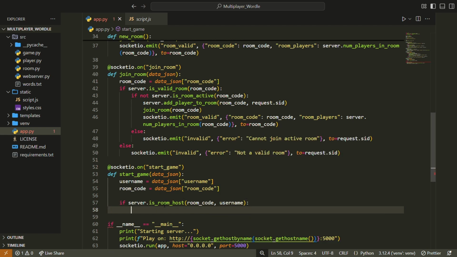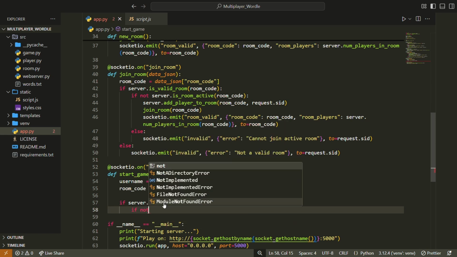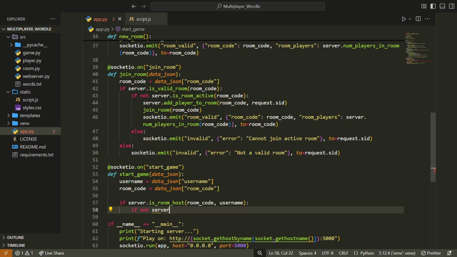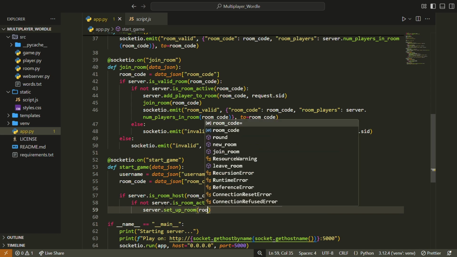If they are the room host, then we also want to check if this server is active. If it is not active, then we can set up the game by calling the setup room method and passing in the room code,